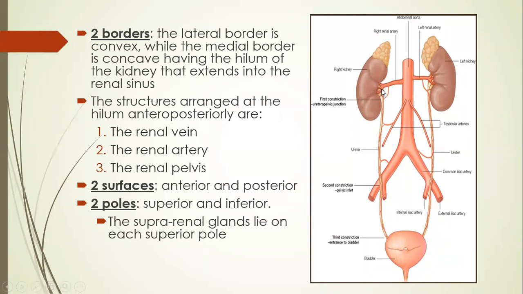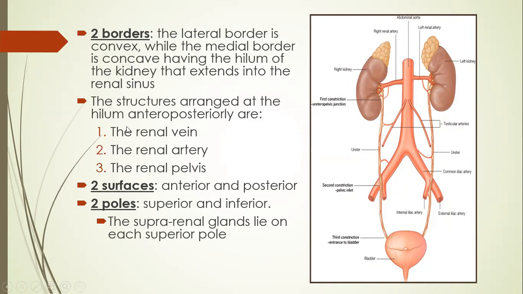Hilum. What do you mean by hilum? Every organ has a hilum where the structures will be either entering or coming out. As you can see here, the renal artery and the pelvis, everything is entering or coming out. So all the structures for the kidney don't enter from all the sides, but at a particular region called the hilum. So all the structures are entering at the hilum. You can see the hilum at the medial border, or the concave border, that extends into the renal sinus. Later we'll see the renal sinus.